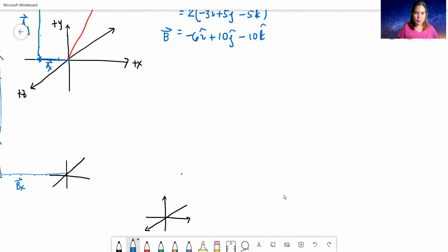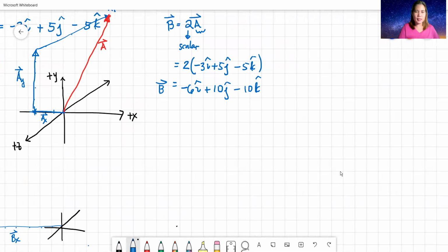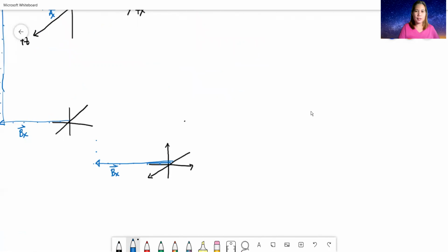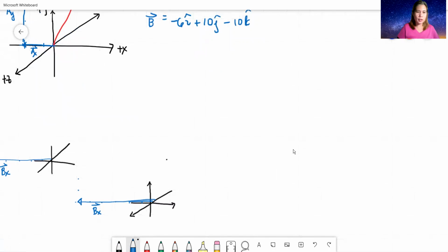So let's go back. 6 units to the left: 1, 2, 3, 4, 5, 6. This is just a rough estimation. I'm not doing a scaled drawing. But of course, when we estimate, it has to be realistic. Because if B indeed is twice vector A, then my drawing here should also look at least longer than A. So even if I'm not using an actual ruler, we can use estimations.